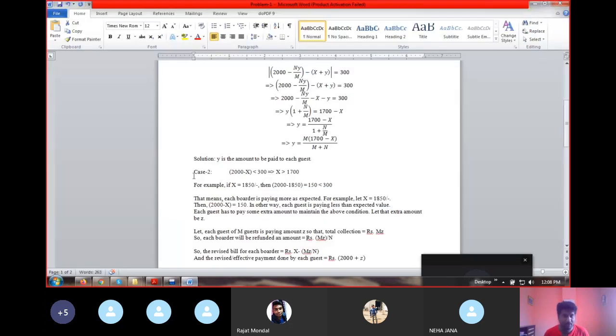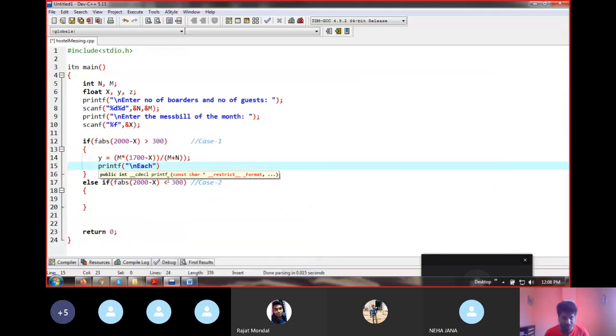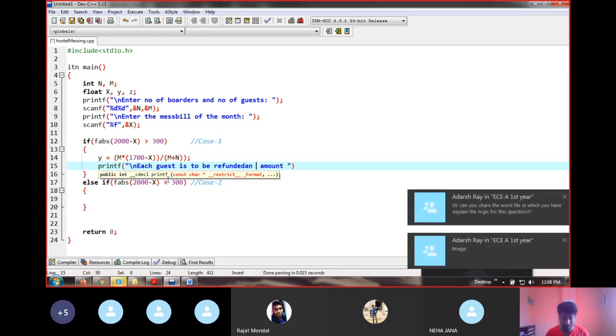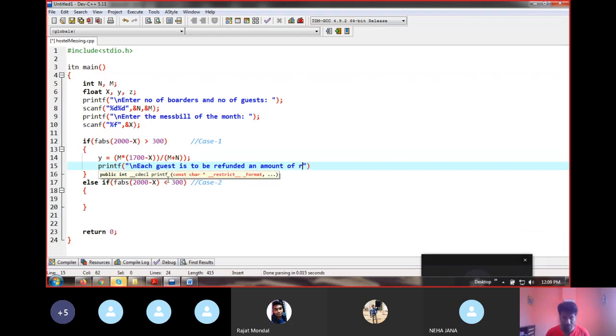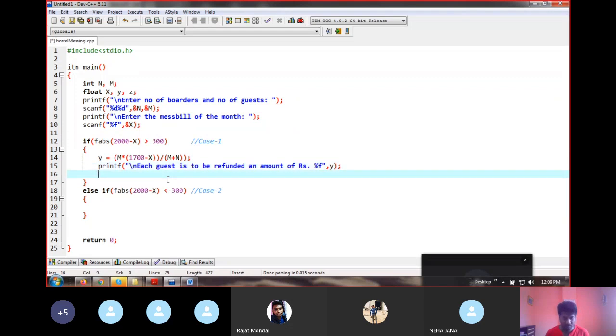In that case, what is the solution? Each guest to be refunded an amount of rupees. If here we want to display y, so here you display